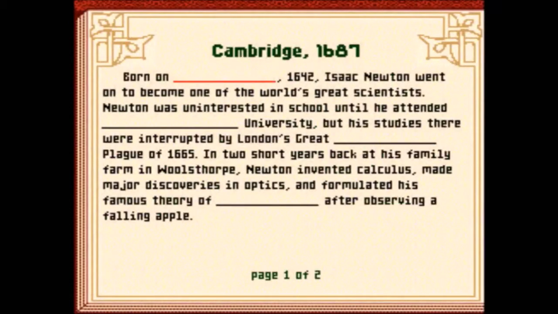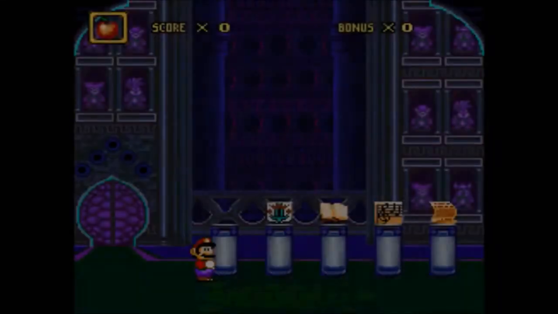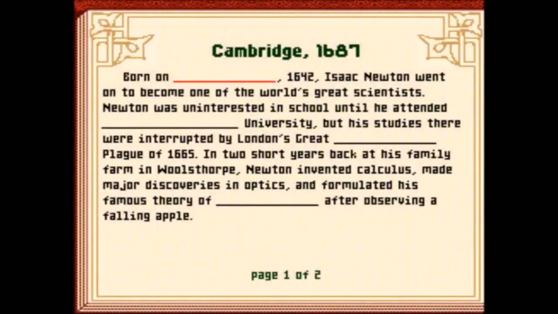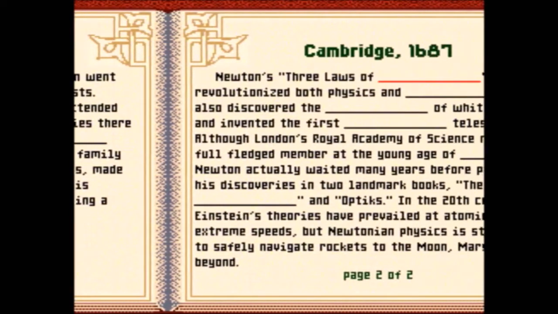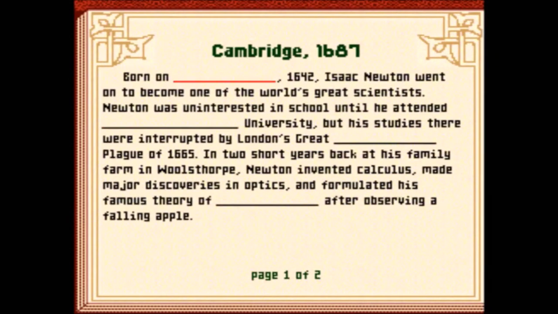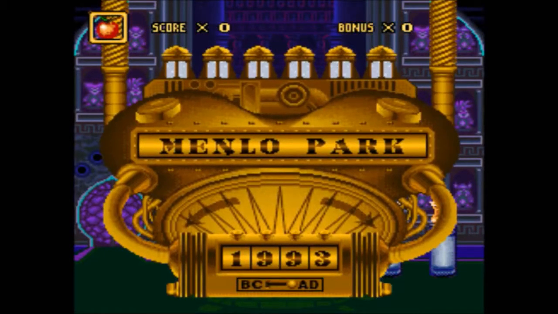So you basically have to go to Cambridge in 1687, and by pressing R, as I just did, you go to this different text for you to answer the different things that you are being asked. With R, you return to the castle. Pressing L, you go to the time machine. So I'm gonna go to